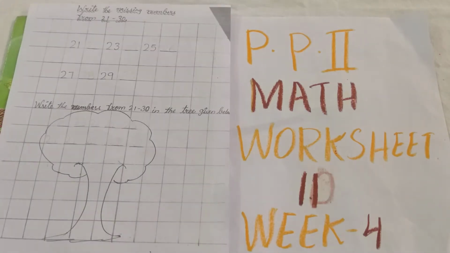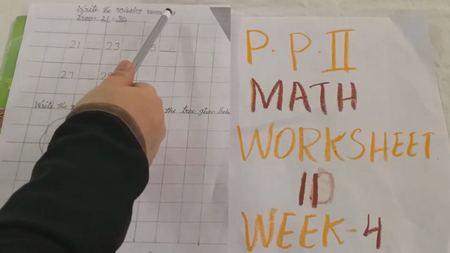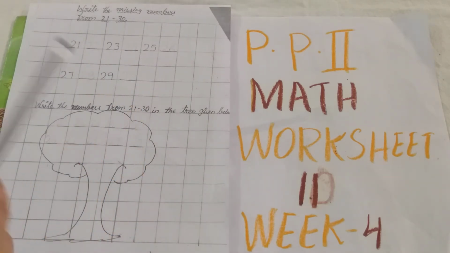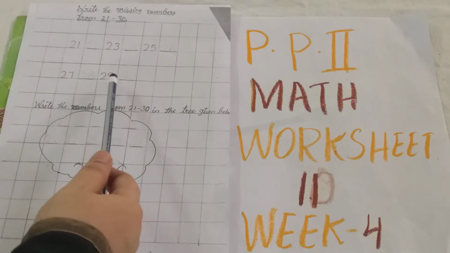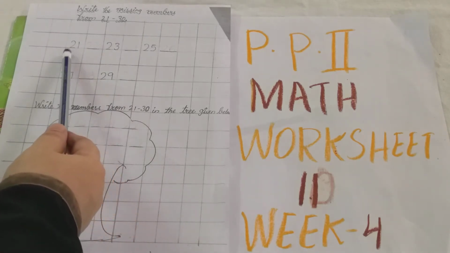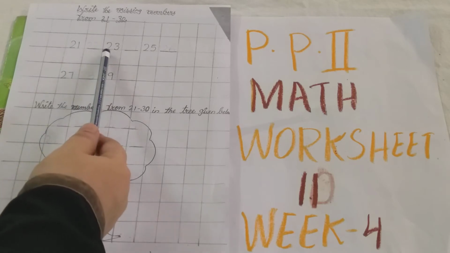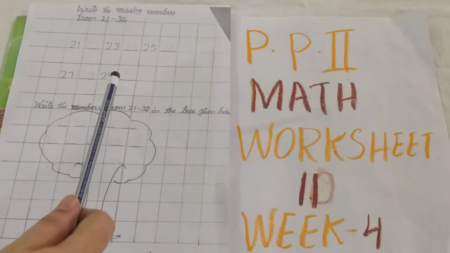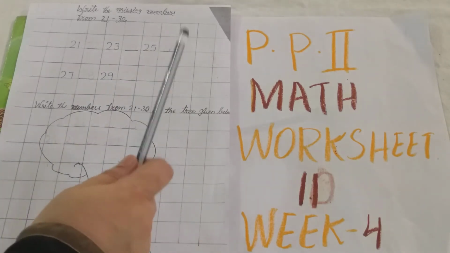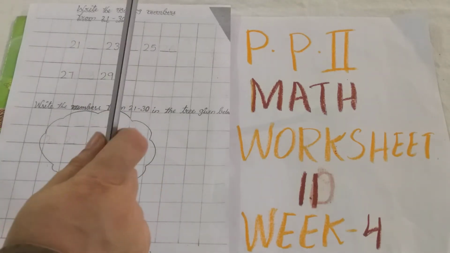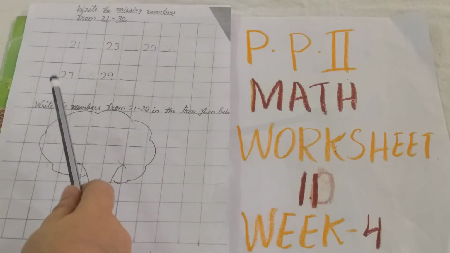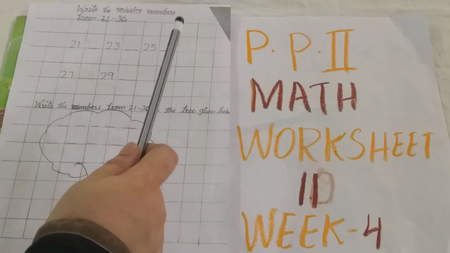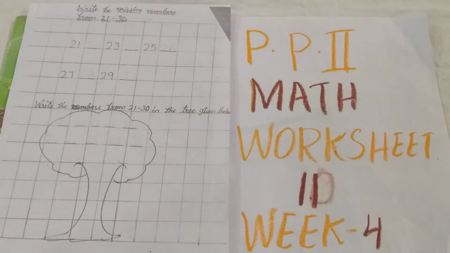Now here what you have to do? Write the missing numbers from 1 to 30. There are missing numbers that you have to write in the dash. Okay? 2, 1, 21 is already there. 23 is already there. So which number you have to write there? Write properly, write correctly. Okay, missing numbers you have to write. How many numbers are missing over there? Just read properly and write properly.